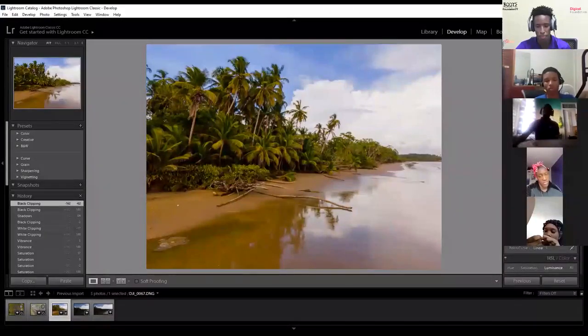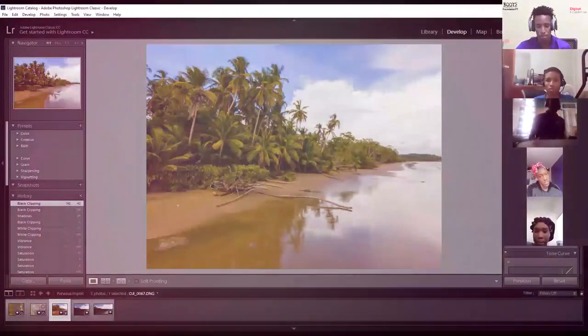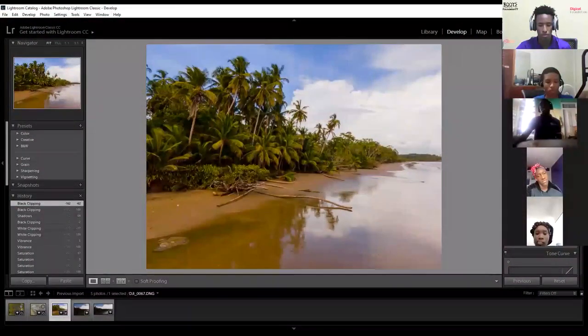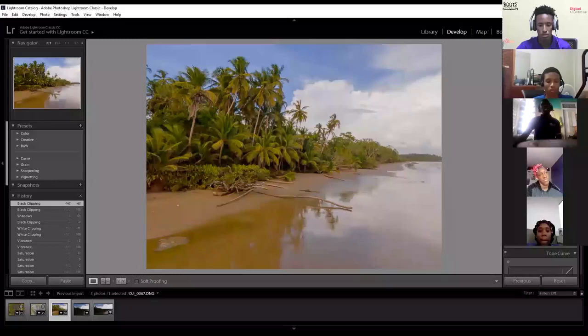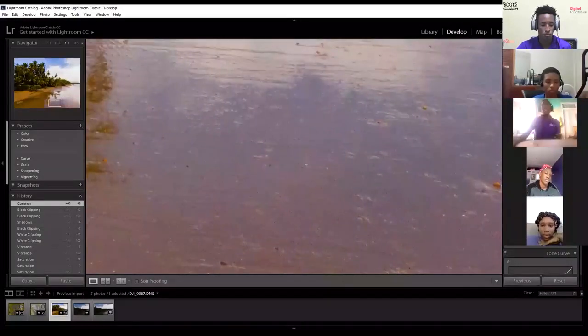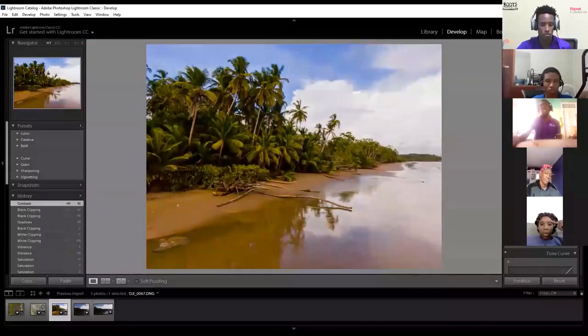You see the little basic thing here? This is the general fundamental editing tools that you would use. The exposure, the contrast, you adjust it, you see how it's affecting the image, the image falling apart here again, we don't want that, right? And you edit your photos to suit.